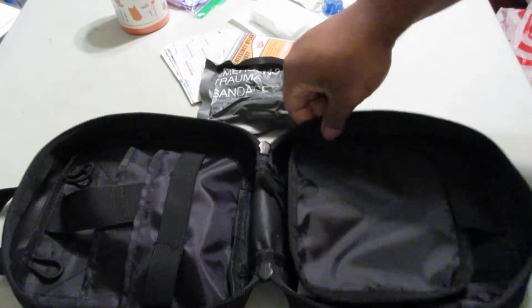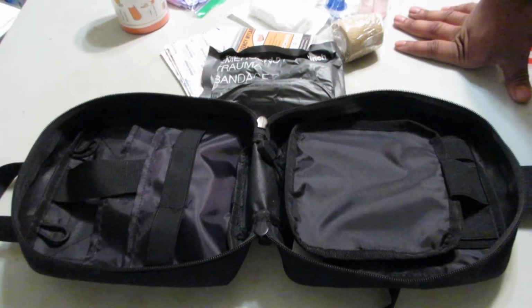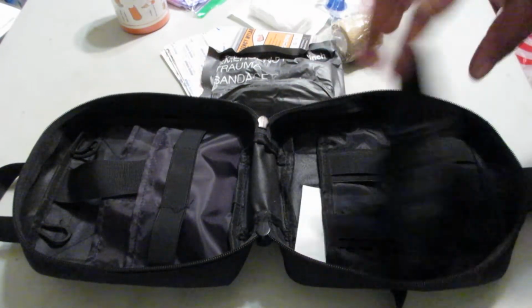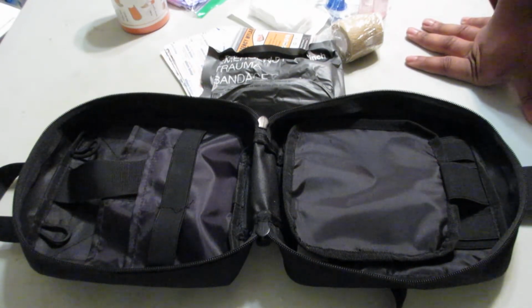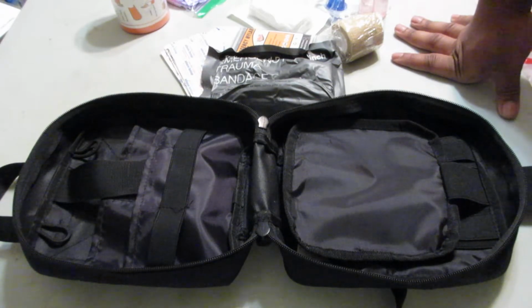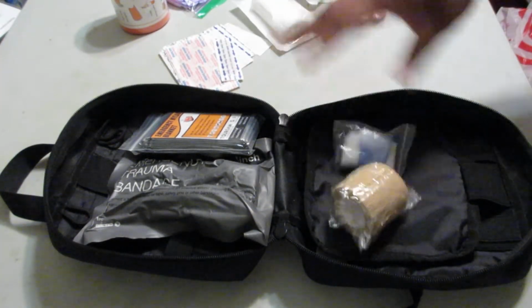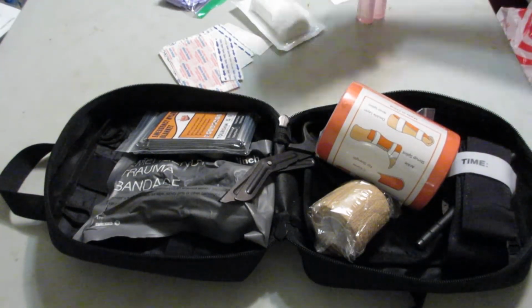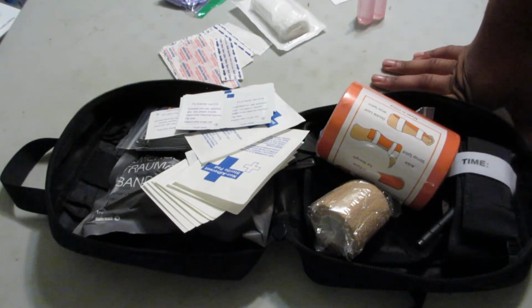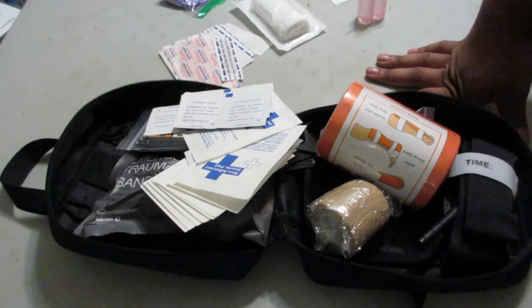It's not actually horrible material. I don't feel like as soon as I abuse this to any degree, it's going to fall apart. It's not the best rated stuff, but for what it is, for a sub $40 IFAK, it's basically an IFAK worth $40 because this is basically what you're getting. Outside of a baseline tourniquet and a trauma blanket, or I keep saying blanket, a trauma bandage,